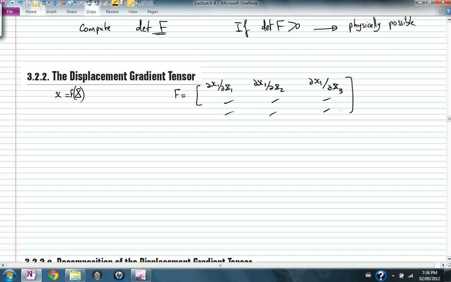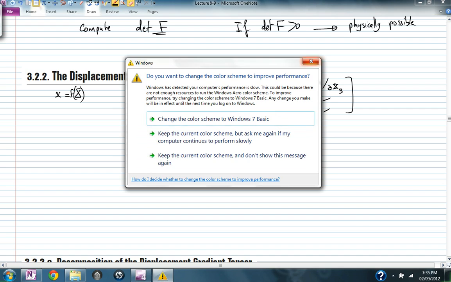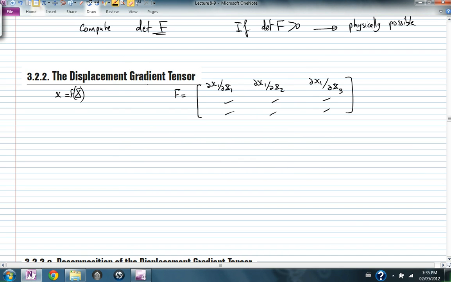There's another matrix that we can use to also describe the changes in directions and changes in the lengths of the vectors with deformation. This matrix is called the displacement gradient tensor. And this matrix is described, as the name implies, it's the gradient of the displacement. So if the vector u is given by x minus X, the gradient of u, which is partial u by partial X,